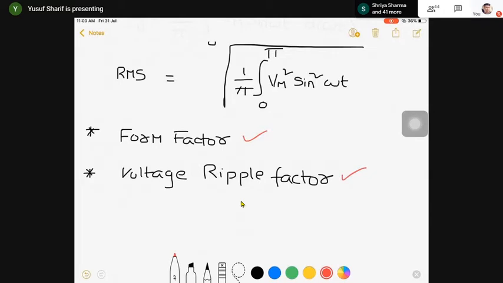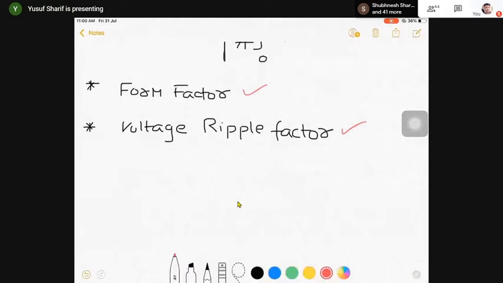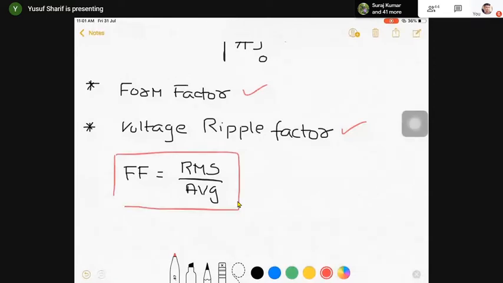So anyone, what is the form factor? What is form factor? So ratio of RMS and average value. Right, fine. Because this is a result that we already know. Form factor होता क्या है सबको पता है, right? So let me pen down here. Form factor is equivalent to RMS by average. Okay. What about the value of form factor? Is it greater than 1 or equal to 1 or less than 1?